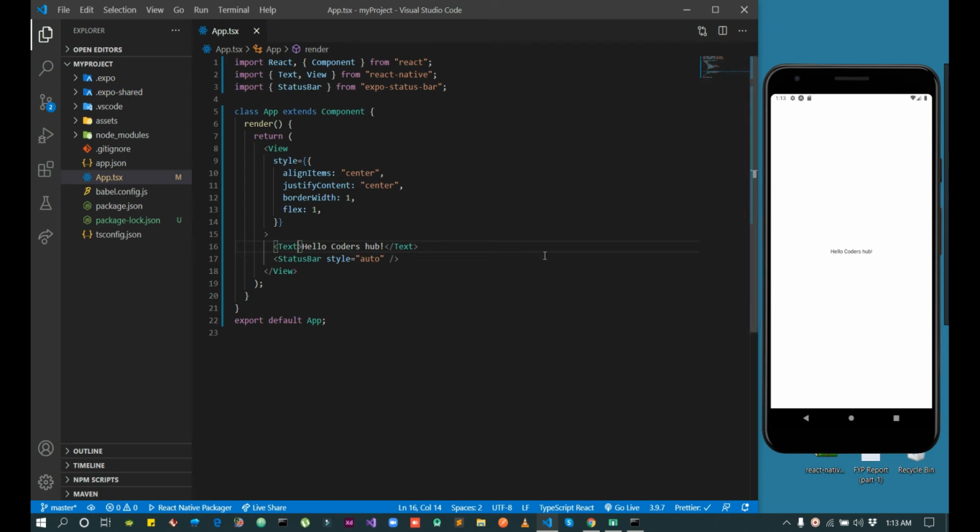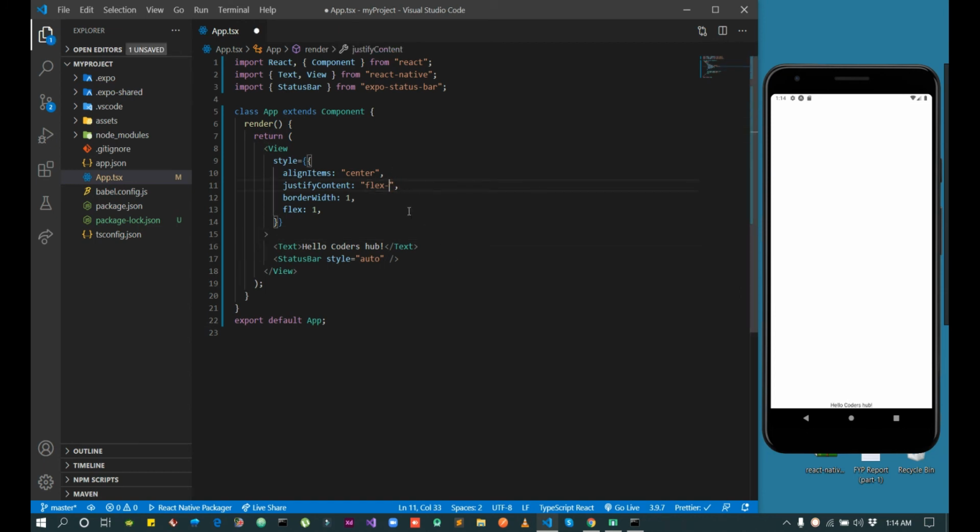Let's learn what alignItems, justifyContent, borderWidth and flex are. alignItems aligns our text in the center widthwise, and when we use justifyContent center, it aligns our text vertically. If I write justifyContent flex-end, you can see it's at the vertical end.